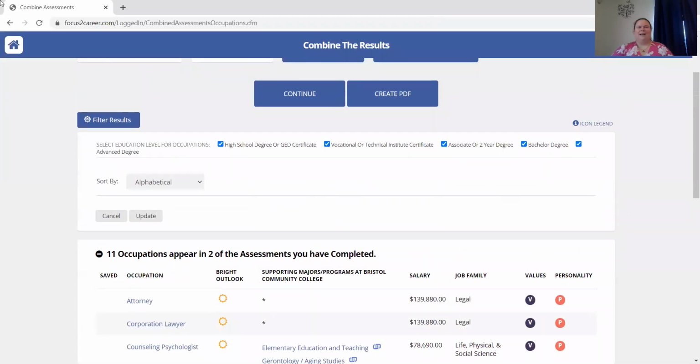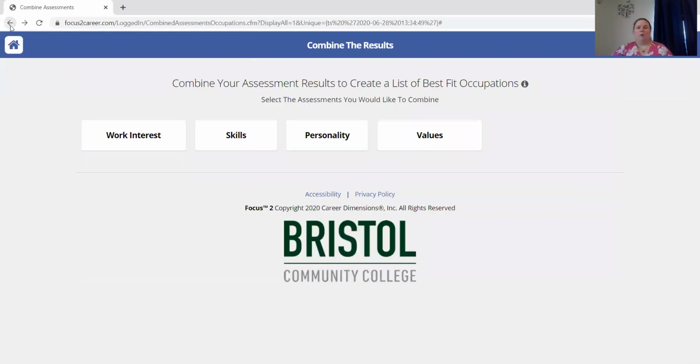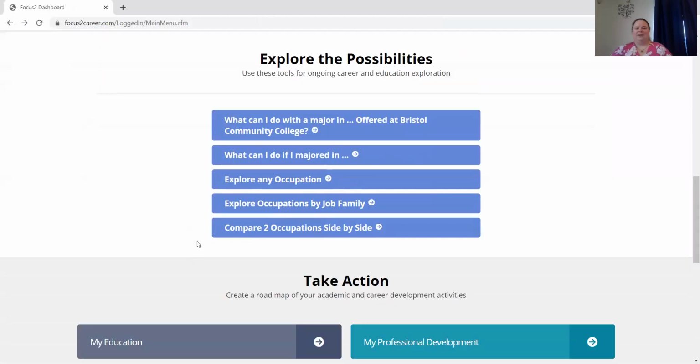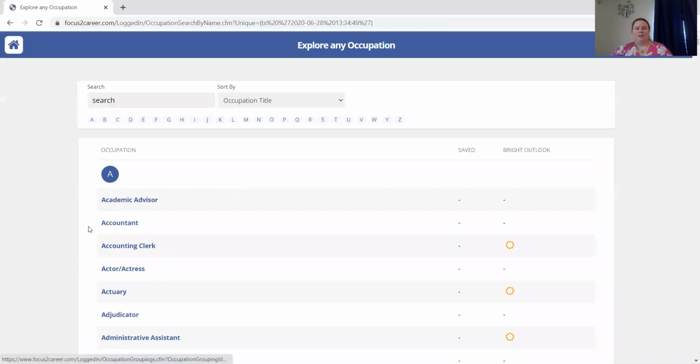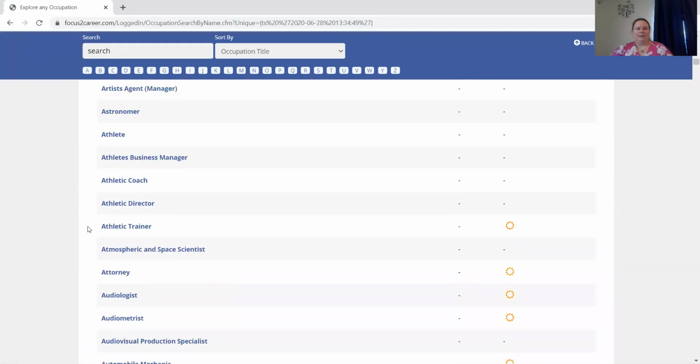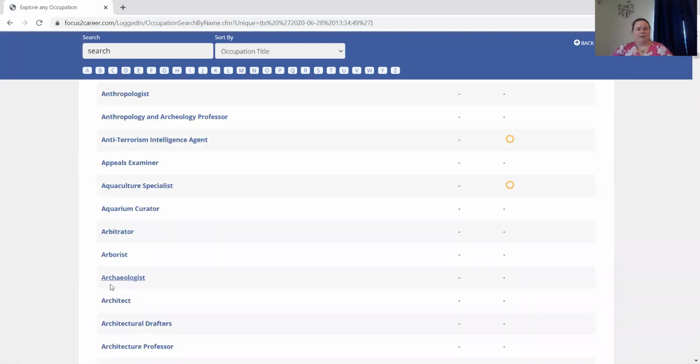And again, sometimes when you look at these scores, you go, okay, why is it doing that? Why is it telling me that I might be good at that job? It's really just a way to explore different possibilities. If you want to explore all the possibilities, you could even click down here and explore any occupation. And it will list everything alphabetically. So let's say that I was interested in being,